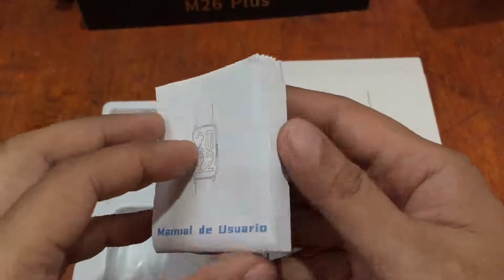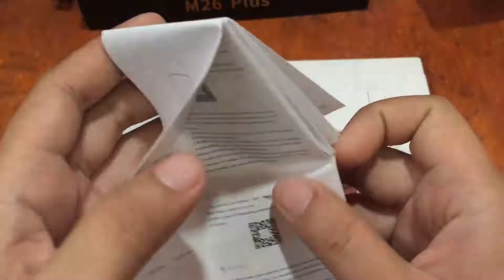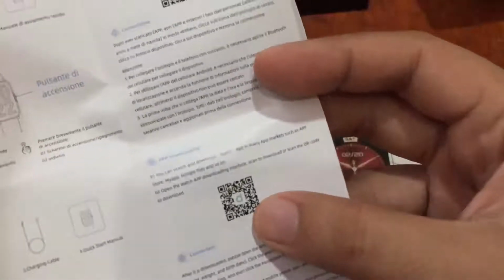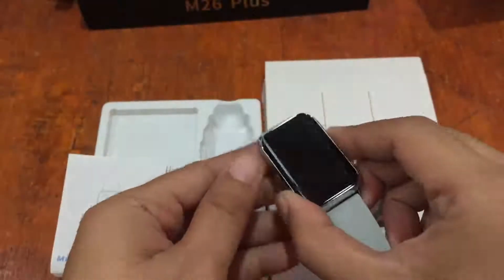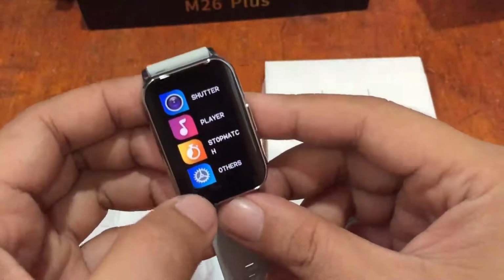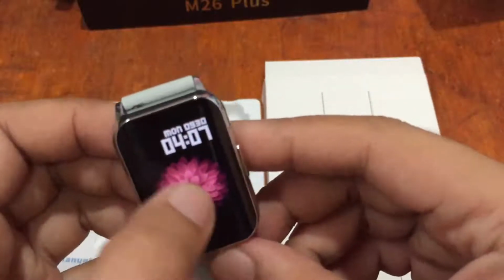So we have here the user manual. Okay, it is available in different languages. So we have here the support app, the Dafit support app. If you happen to lose the user manual, we also have the support app in the settings. Again, let me show it to you. Go here,